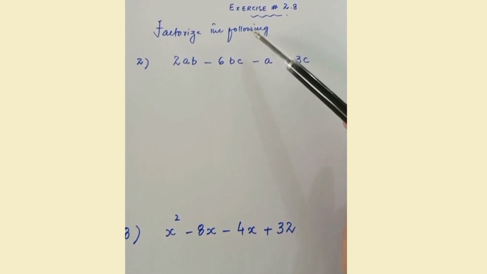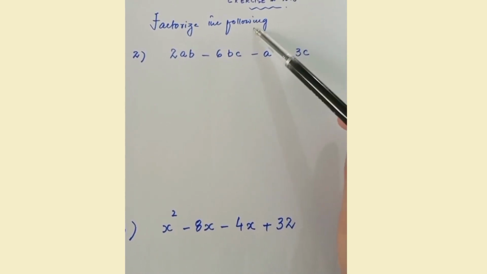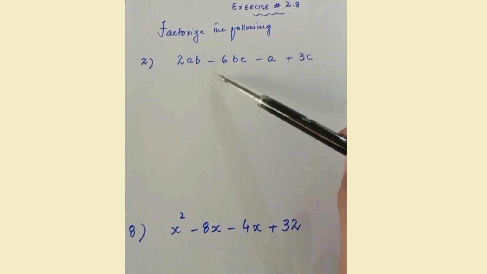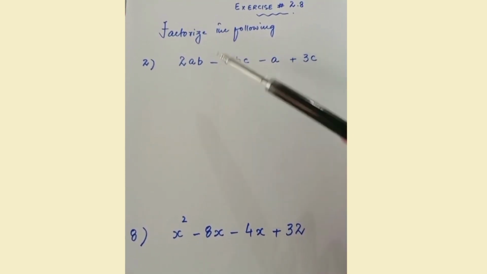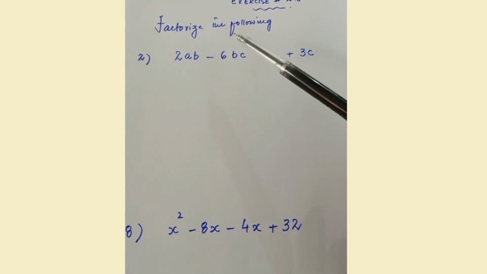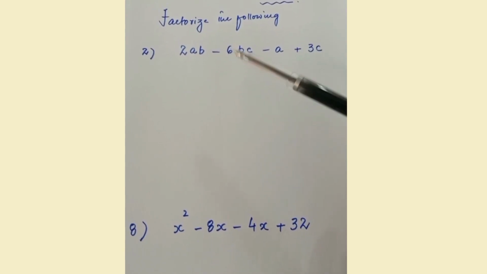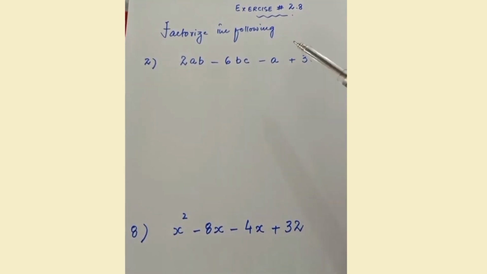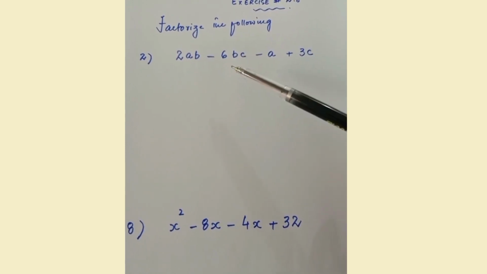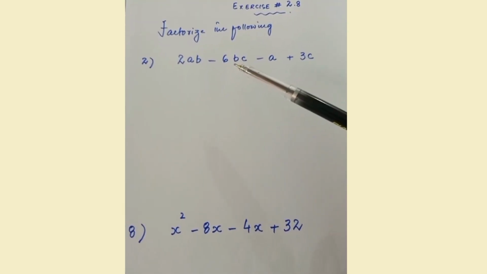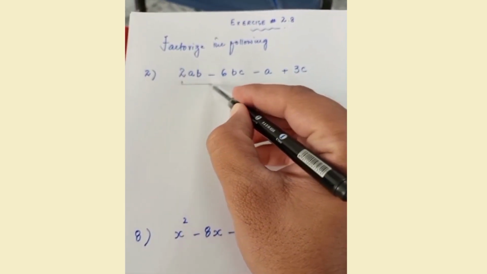Sometimes students are a little bit confused regarding which method we have to use. It basically depends upon the algebraic expression being given to you. Again we have to factorize, meaning we have to simplify the algebraic expression that is given to us. Whenever there are four terms, the basic concept to understand is that we just have to make pairs.